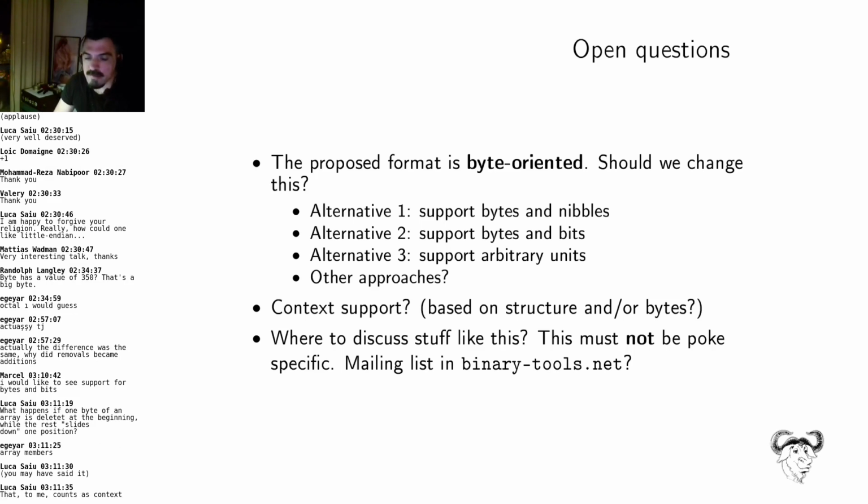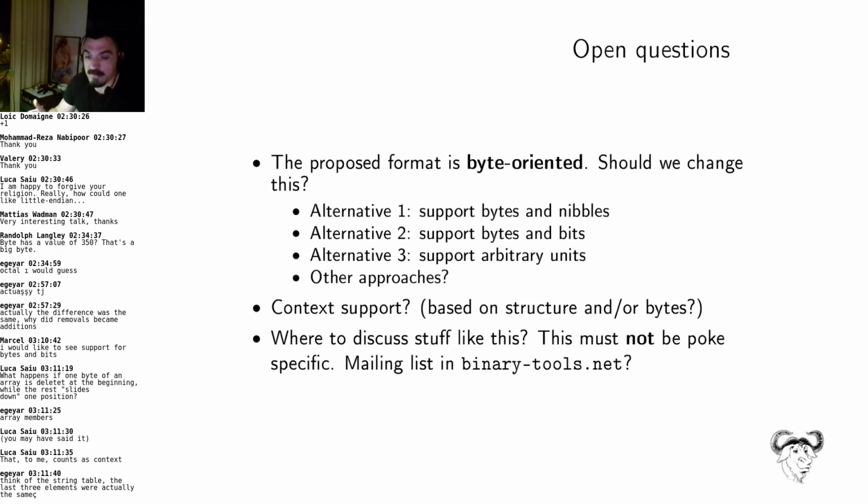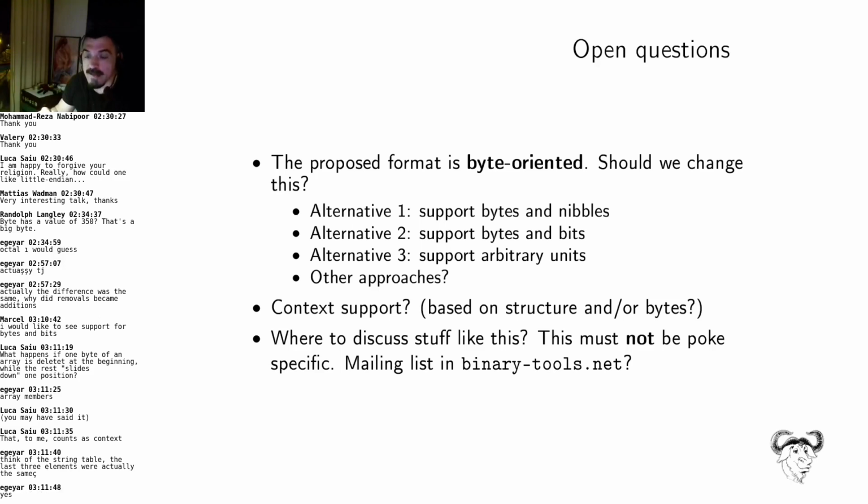Array members. Yeah, okay, but then the context will be based on a structure, not based on bytes. The context would be based on an array, not a struct, strictly an array. Yeah, but the problem here is that it is elements. Yes, but the consumer of the patch does not know about the struct. Yeah. I mean, the name of the fields and the values is for human consumption, so to say, right? It is the bytes parts that are consumed,